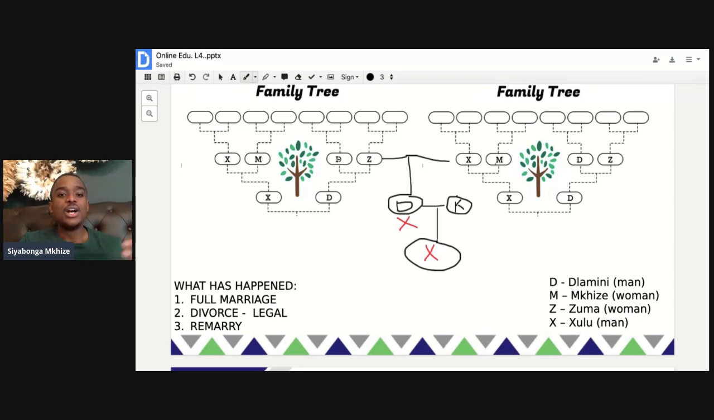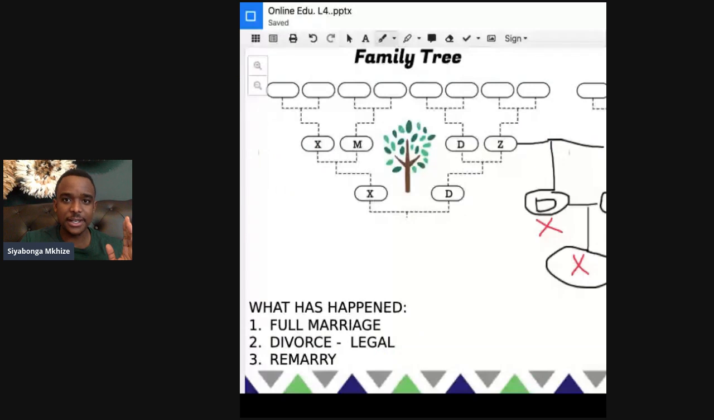Okay. Dlamini and Zuma are married, perfect wedlock. They have this first child here, Udlamini. That's fine. Uma Dlamini is then impregnated by Uxolu, right? She is then impregnated by Uxolu, okay? And then what happens is,